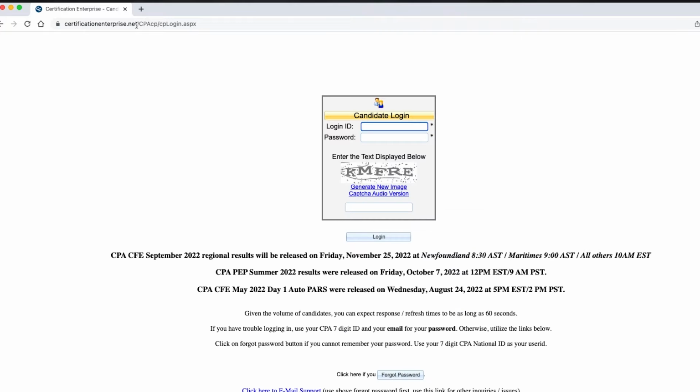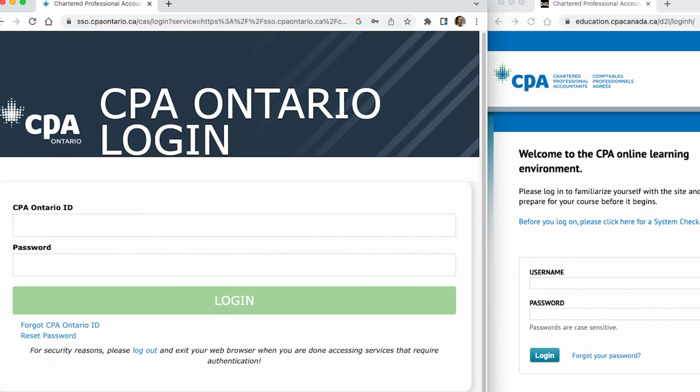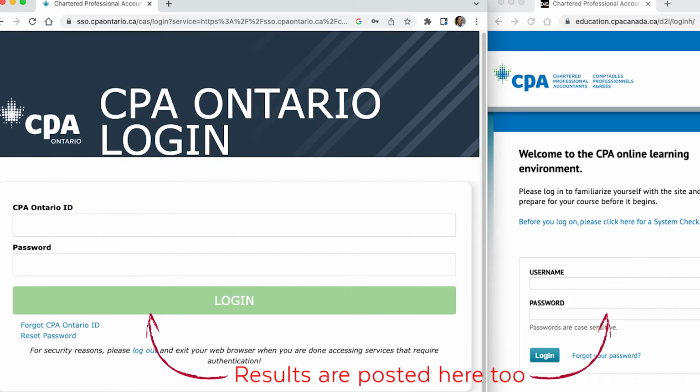To check your CFE results, go to the certification portal, which I'll link in the description below. Log in using your CPA module credentials, which is not the same as Decile, it's the one you use to log into your CPA module registration. On the results day, this site is very slow, so be patient. You can also check the CPA portal, or Decile is going to have a PDF with your student number